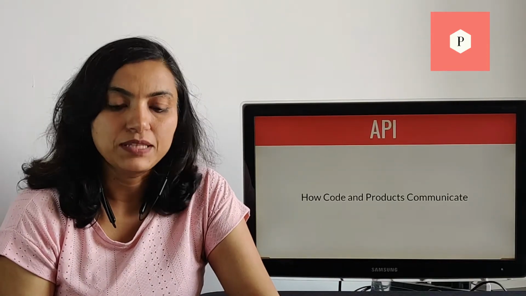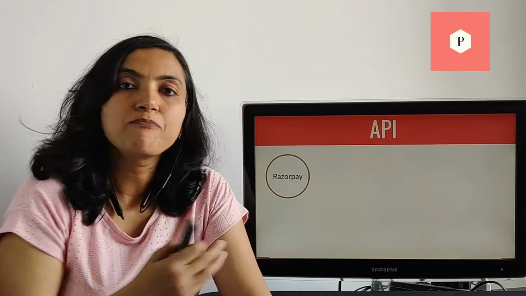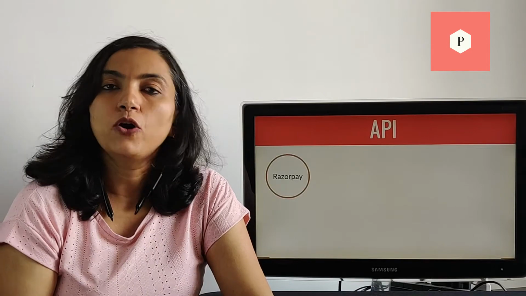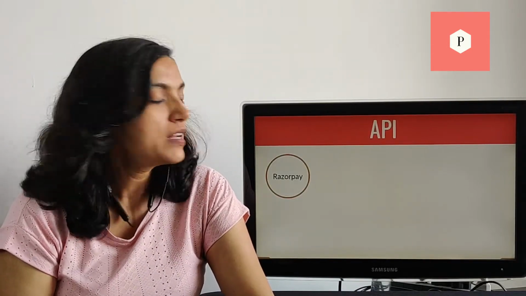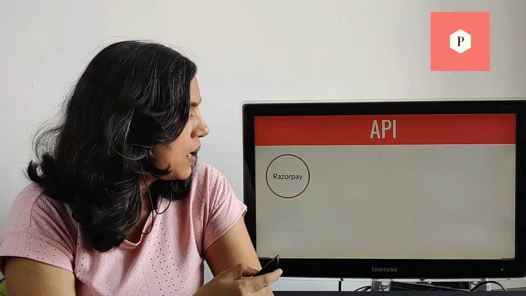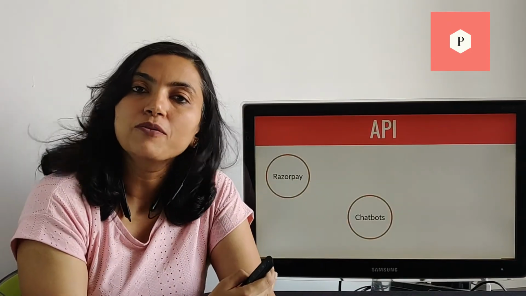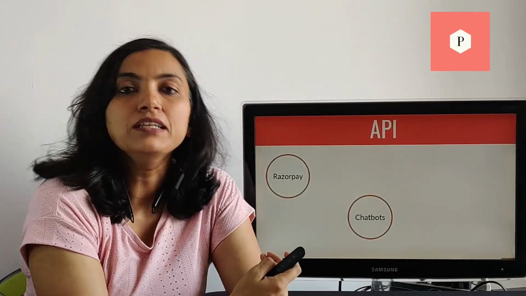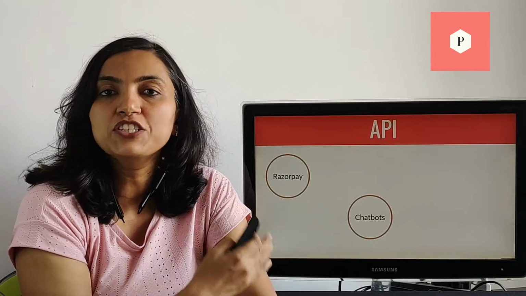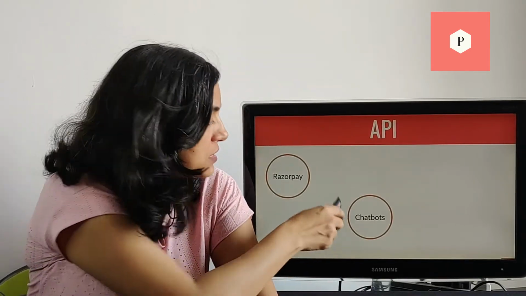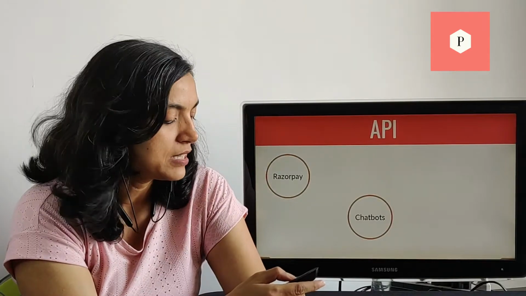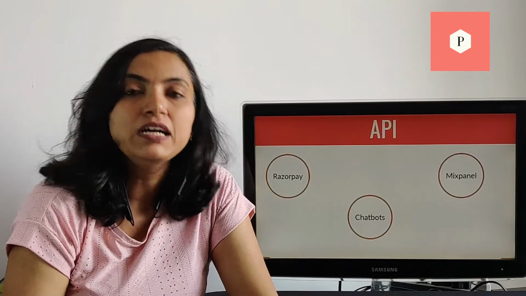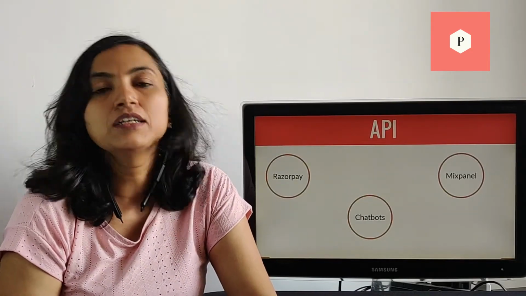Let us see some examples. Have you ever used Razorpay, PayU, or any of the different payment options that are available digitally now on an e-commerce store? If so, they were integrated using an API. Have you seen similar looking chatbots on many different products? If so, the company providing the chatbot solution also provided an API using which different organizations could include the same chatbot in their respective products. And remember, when we talked about event analytics tools like Mixpanel and Amplitude, they are also integrated in your product using an API.